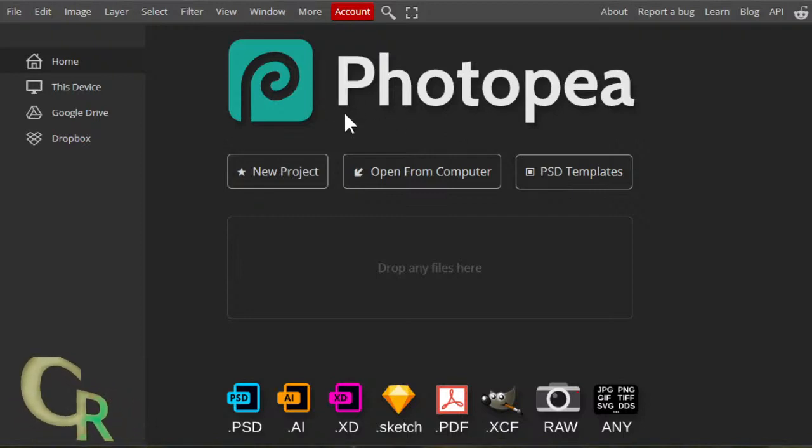And like I said, Photopea is available at photopea.com. It's free to use, but the free version is ad supported. You see it on the right side of the screen on your laptop or desktop. It is technically usable on a mobile device like a phone or tablet, but it's a little bit different.